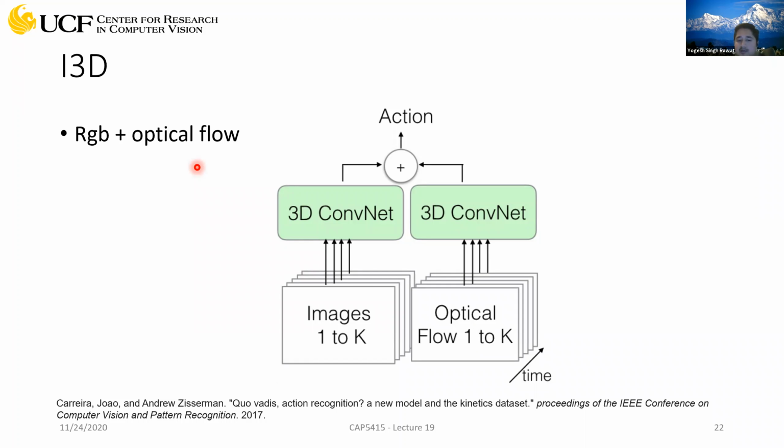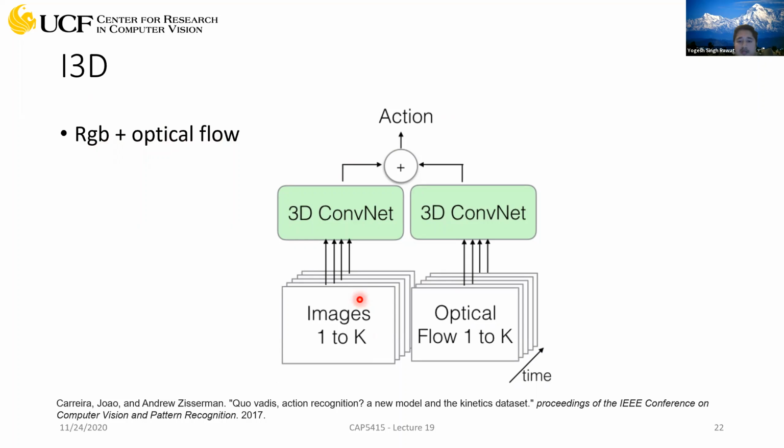But optical flow estimation is not accurate all the time. So let's think about what additional information RGB video is giving you, which is not present in optical flow. If you think about the appearance information, what's the color of the object? What's the color of the background? What's the texture of the object? Those details are not present in the optical flow data modality, right? So that information can be supplemented by using an RGB video, and that's what happened here. So if you combine the RGB with optical flow, the performance of action recognition was further improved.